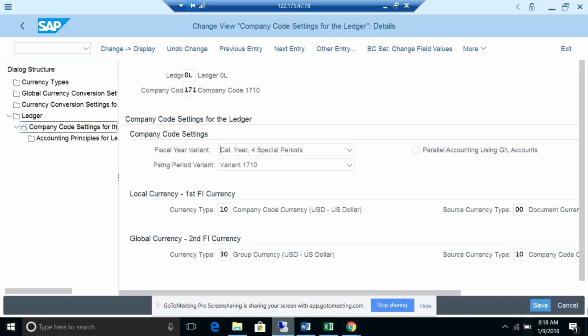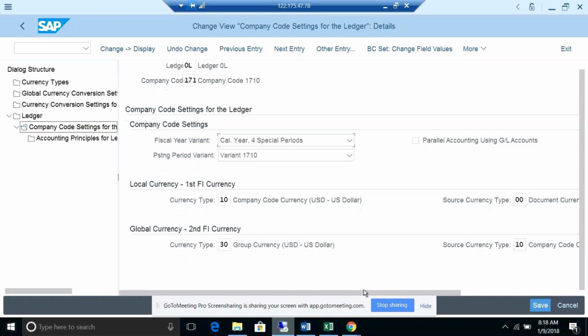In case I want one more requirement, to report in one more currency, a third currency, then I have to go for an additional currency here, the third currency.